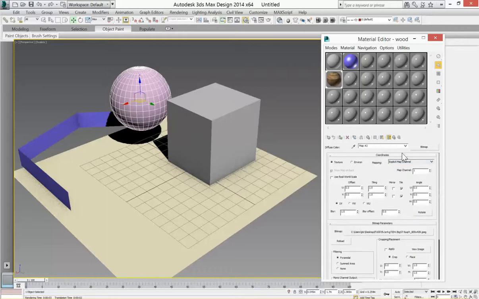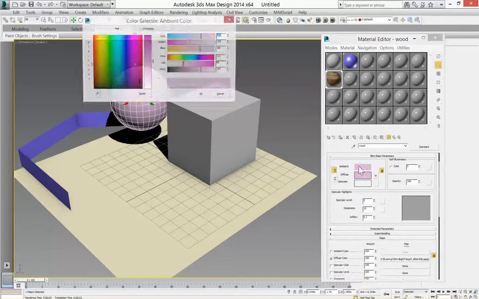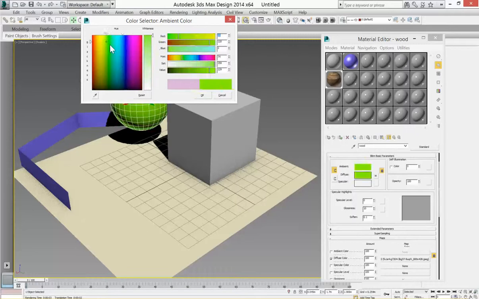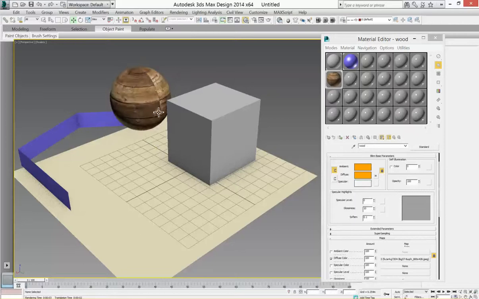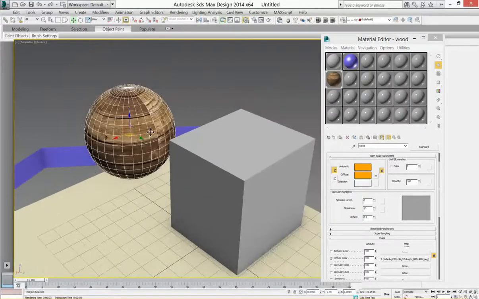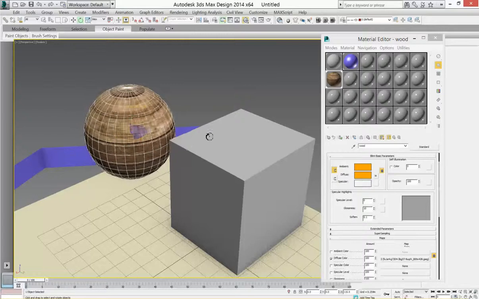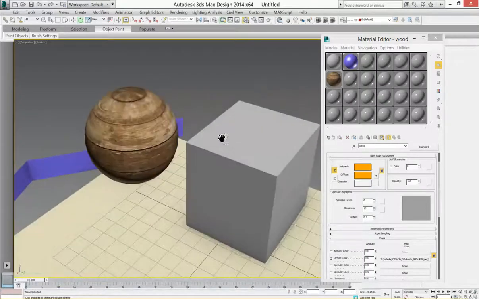Why is it pink? I'm going to back out of the material area, and it is basically showing the colors that are in the slot there, in the basic parameters. You have to check this show shaded material in viewport, and then you'll see the effects. So we are seeing the seam there. We're not going to go over how to make non-tiled materials now, or tileable materials, but there's that, and we've